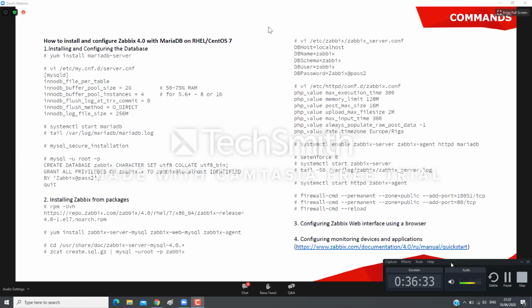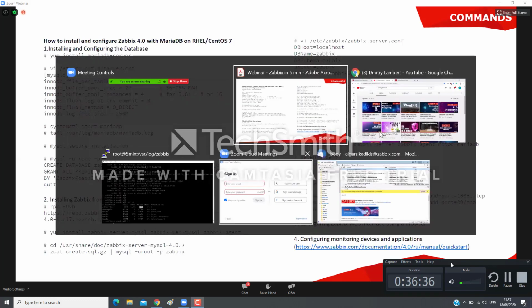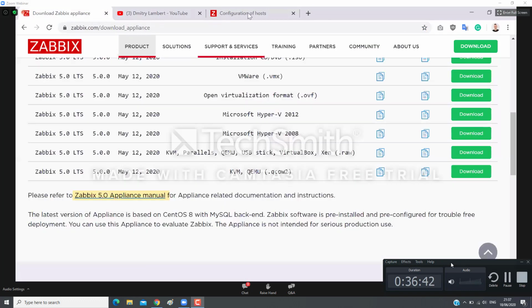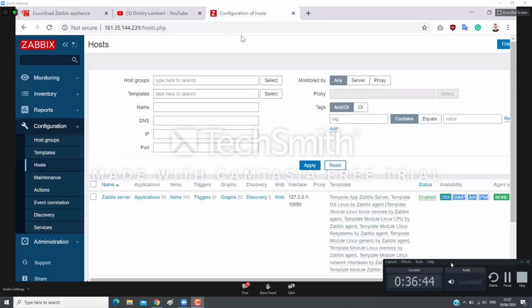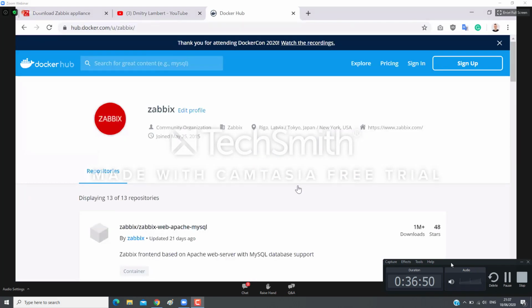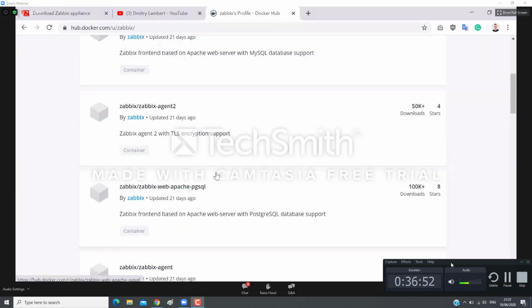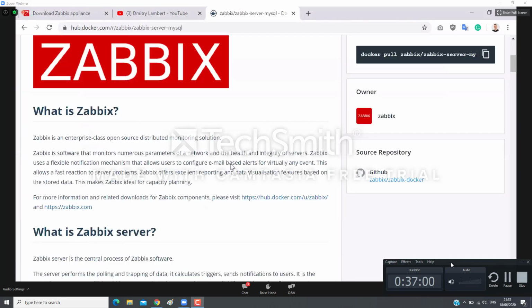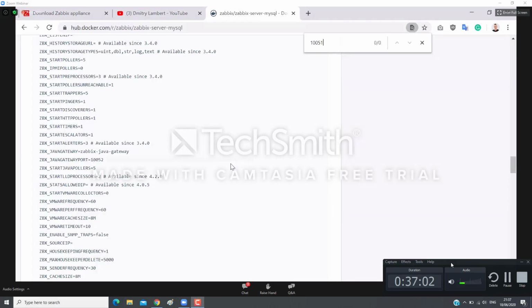You have to study the documentation of the Docker appliances on Docker Hub, Zabbix, and for example, the backend is the part which is responsible for monitoring, and the backend is the Zabbix Server MySQL container. And I think if we search 5.1,